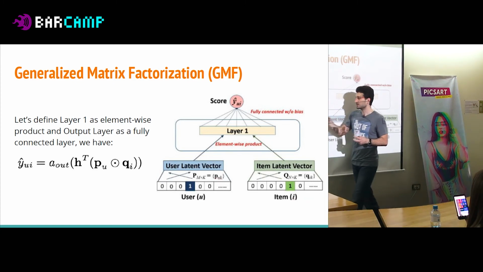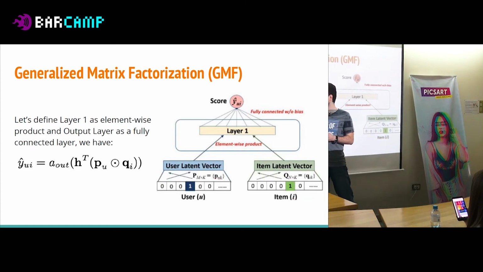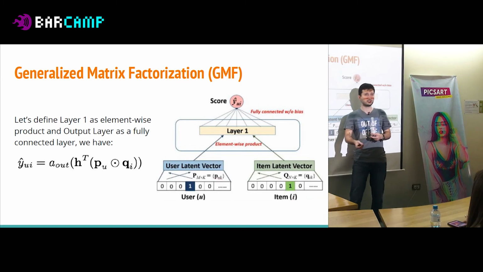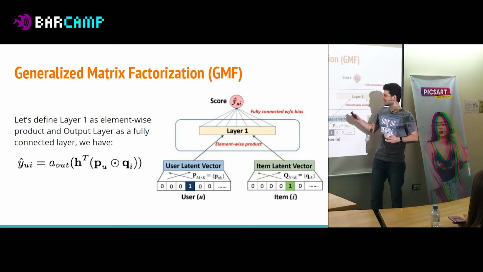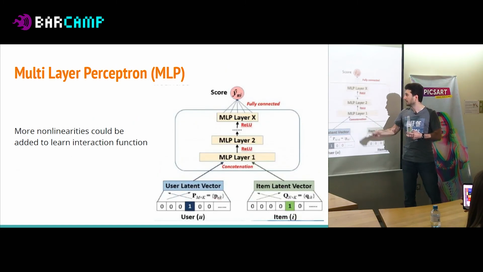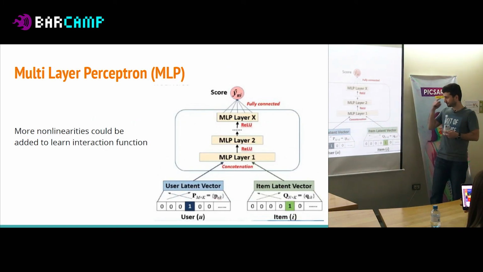But these weights don't have to be just one, right? We will learn some weights. And as a result, we will understand that some latent factors have higher weights, some latent factors have lower weights. So we already can make some improvement on top of that. But this is still linear because we have just an activation function on the decision layer at the end. How can we enforce more nonlinearity?